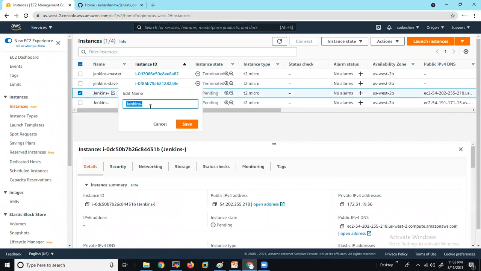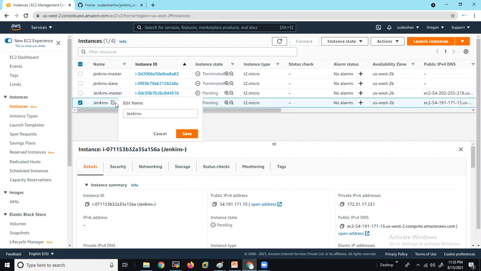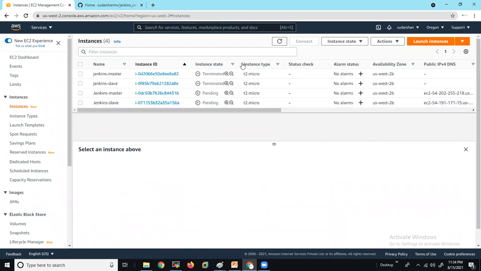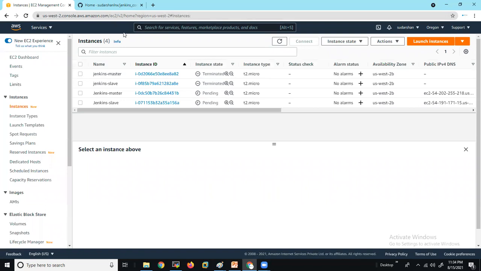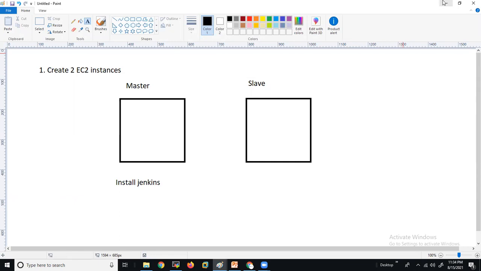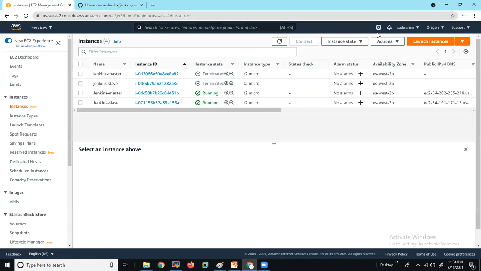So we are going to name them Jenkins master and Jenkins slave. By this time they are ready.